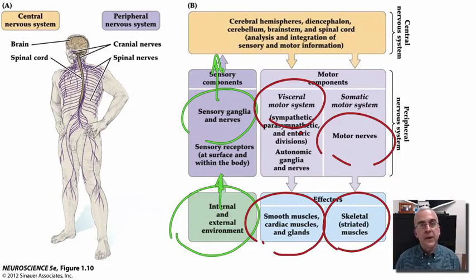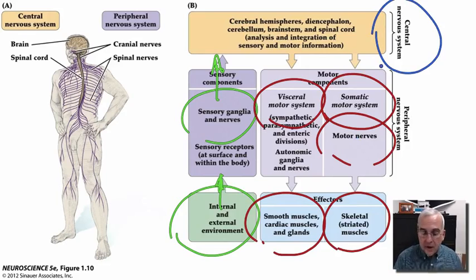For now, I just want you to get the big picture that the motor output is derived from two principal kinds of motor systems, a visceral motor system and a somatic motor system. And as we'll see, the somatic motor system can be further divided in terms of the embryological origins of the tissue that is innervated. Now, what we're leaving out from this diagram, of course, is the wonderful integration of sensation and the